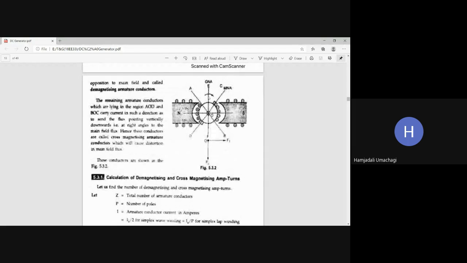Now theta m is the forward lead of brush in mechanical degrees. Here you can see that the brush has been shifted from GNA to MNA by an angle of theta m. Theta m means mechanical degree, the brush shift in mechanical degrees. And now the conductors which are responsible for demagnetizing ampere turns are lying in the region spanning 4 theta